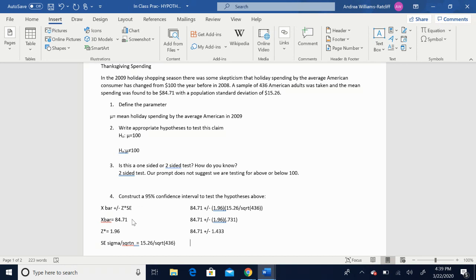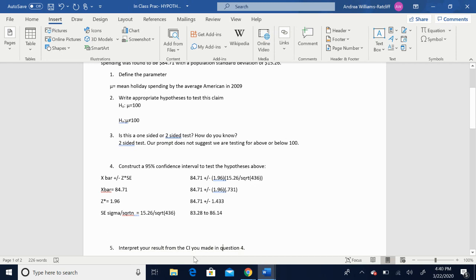If I subtract that $1.43 from my mean, I'm getting somewhere between 83.28 to 86.14. So using the information from the sample, I have completed this confidence interval, and it is going to be somewhere between $83.28 all the way up to